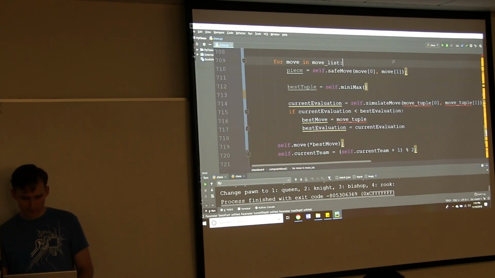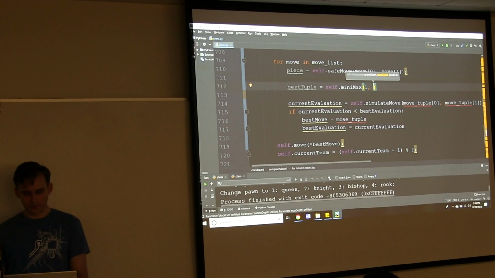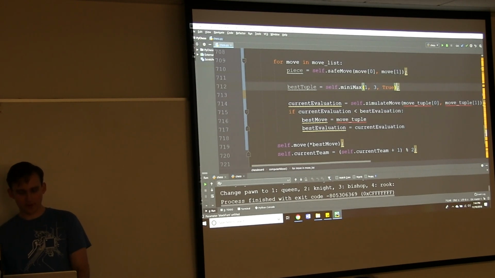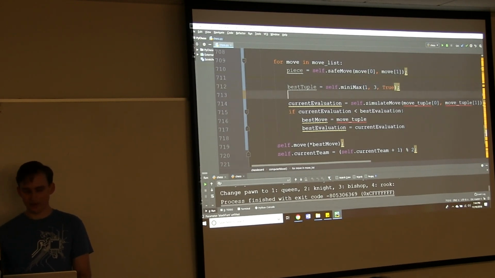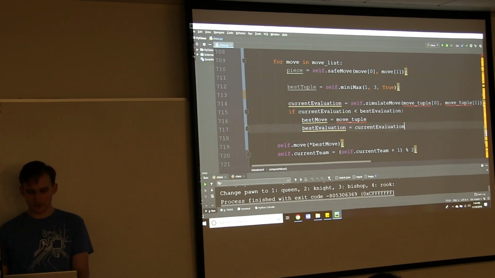And we want to start at depth 1, but you can actually pick what depth you want it to go to. 3 might actually be a bit ambitious. We'll get to find out how efficient our code is. But yeah, we could even just keep it to depth 1, and then it's essentially doing exactly what we were doing before.